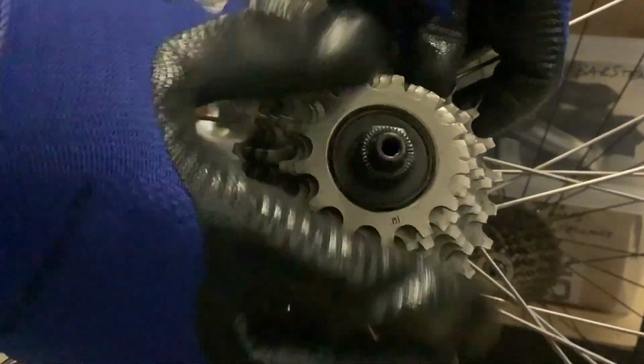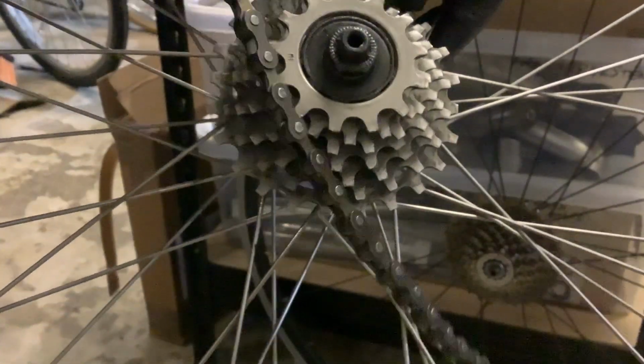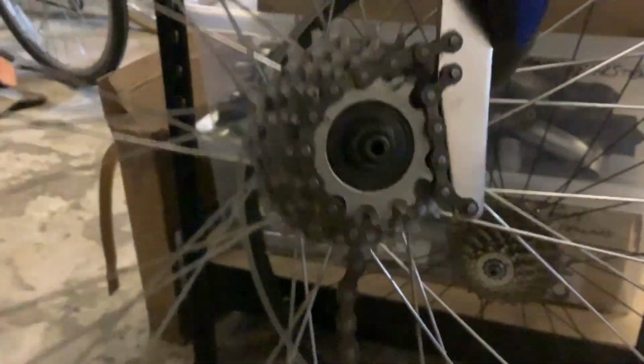Be careful to put the thread on square because you don't want to cross the threads. Trying to do this at an angle, which is not the easiest. Gloves don't help either. There we go. So that's just screws on. And then you just need one chain whip on the outer sprocket. Get on as many teeth as you can. And just tighten up. And there we are. And that is a Shimano